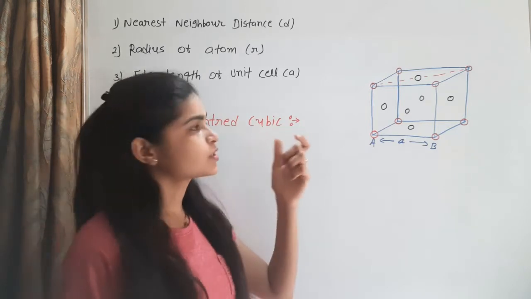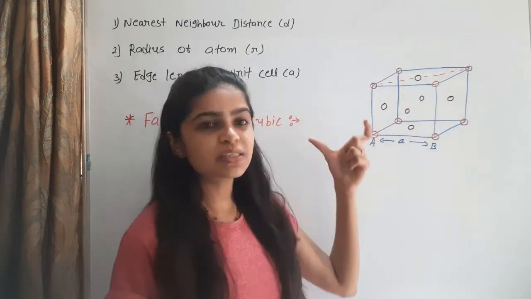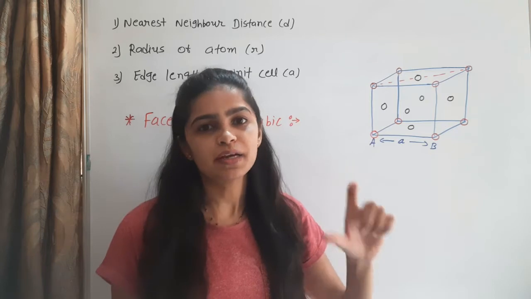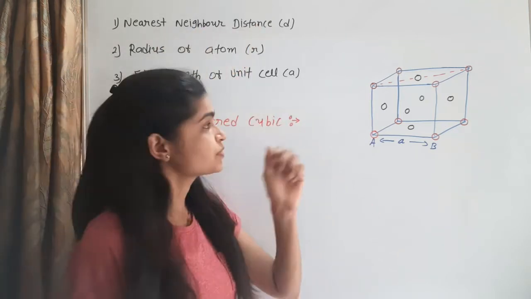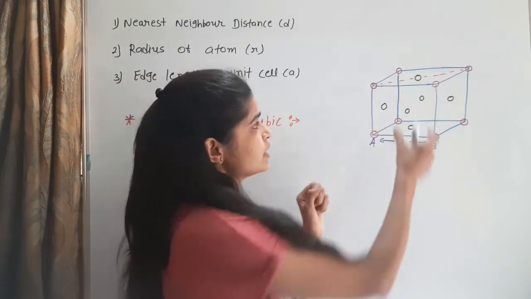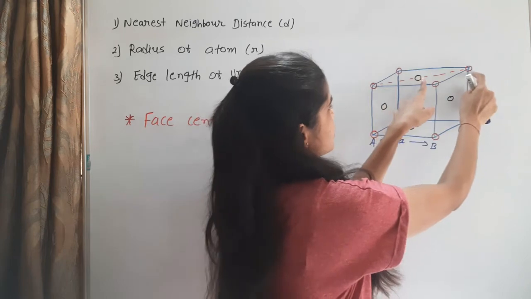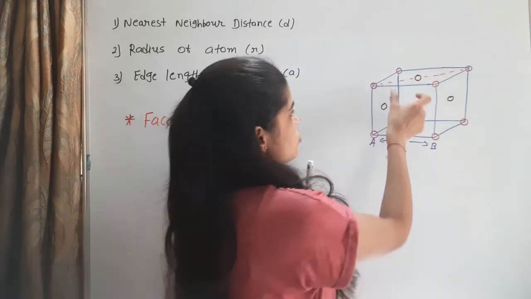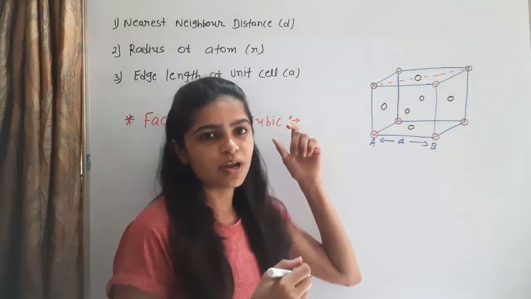In the face centered cubic, three atoms 1, 2, 3 lie on the face diagonal. We find the nearest neighboring atom distance. This is the first nearest neighbor distance. In this diagonal of 1, 2, 3, these two are neighboring distance and these two are also neighboring distance. But we only have the value of the edge length, so how do we find this value?